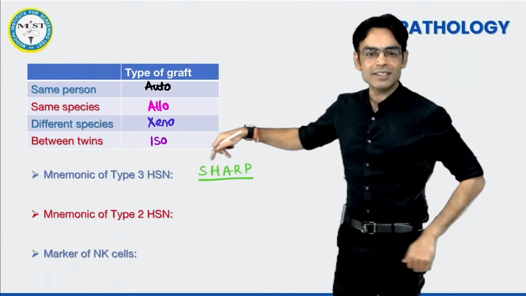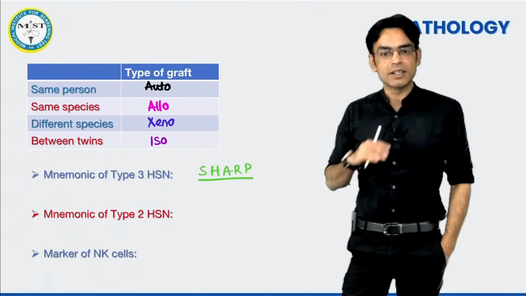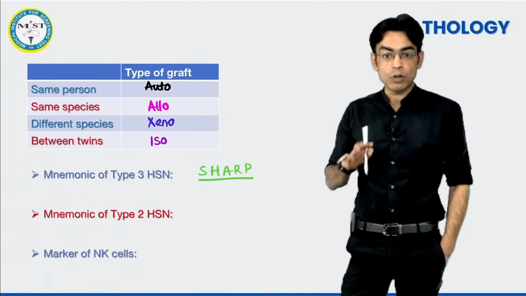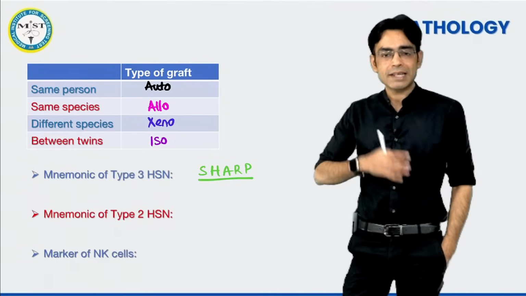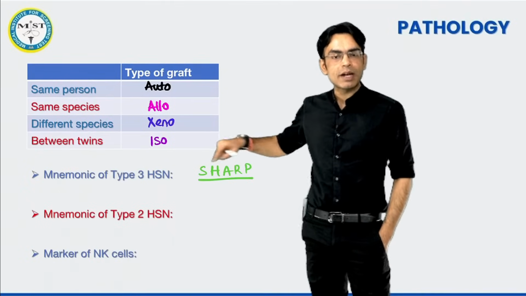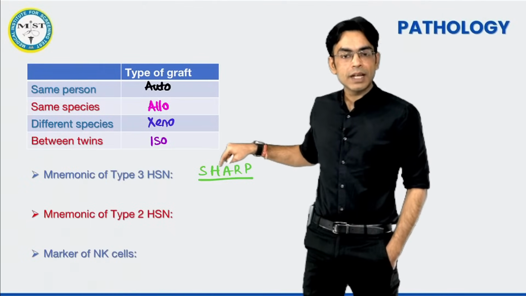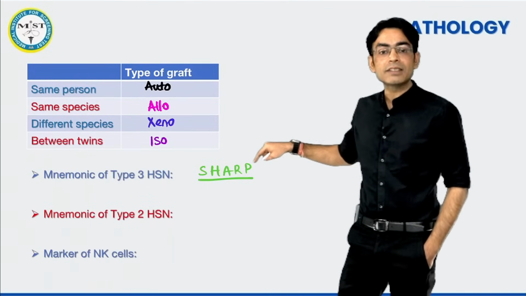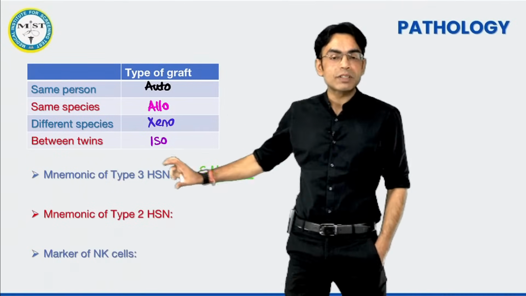So देखो S is, type 3 hypersensitivity is immune complex mediated disease. Generally, all the kinds of glomerulonephritis more commonly are type 3 hypersensitivity. I'm not saying that they would only be type 3, but generally they are more commonly type 3 as compared to type 2 or type 4. So S is your SLE, systemic lupus erythematosus, and serum sickness, a recent exam question. H, Henoch-Schönlein purpura, A, Arthus reaction, R, reactive arthritis, and P is PSGN, post-streptococcal glomerulonephritis. So these are the examples of type 3 hypersensitivity.